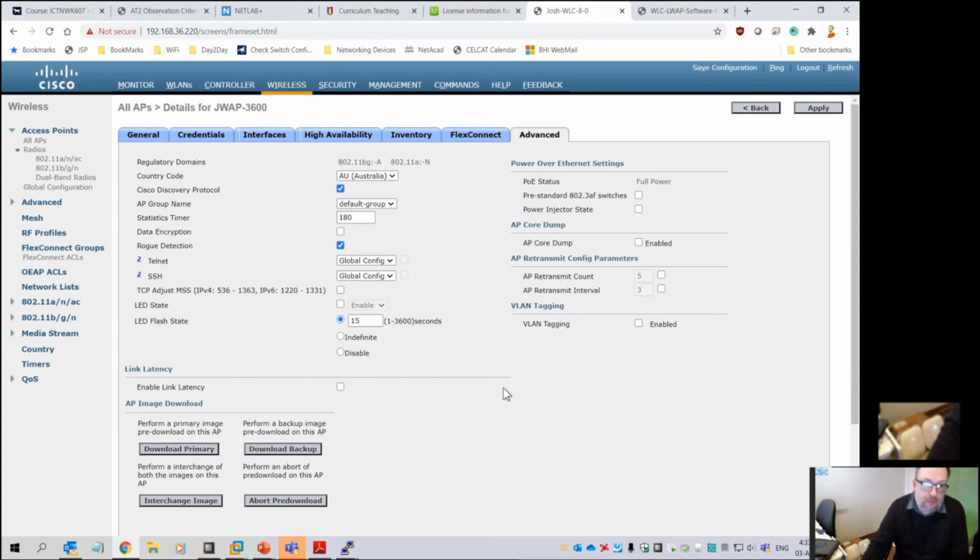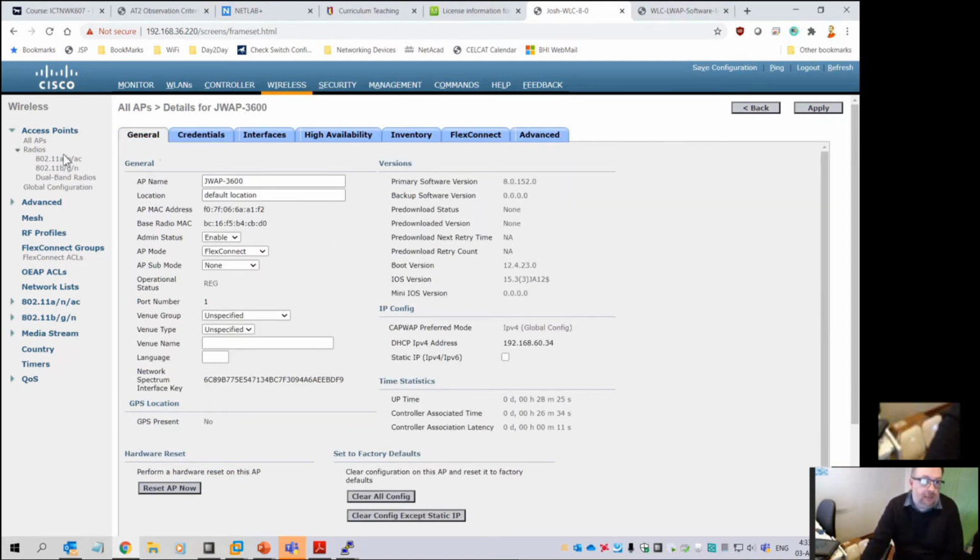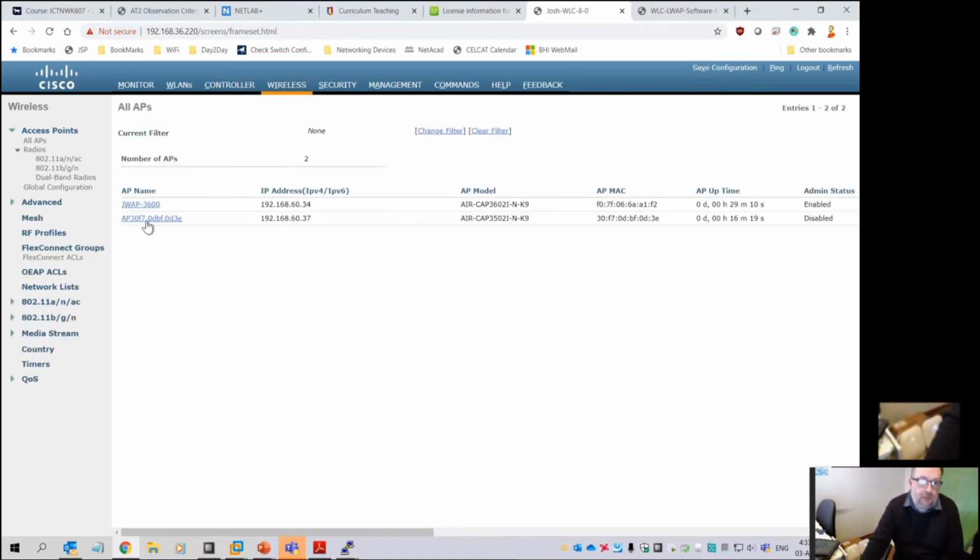What else? There was something. The rogue detection is turned on. AP group, region. Well, I've locked the region because I set the region globally. CDP is on. I don't know why CleanAir is turned off. Never mind. Actually, we'll go back to the other one because the other one's a bit more interesting because it